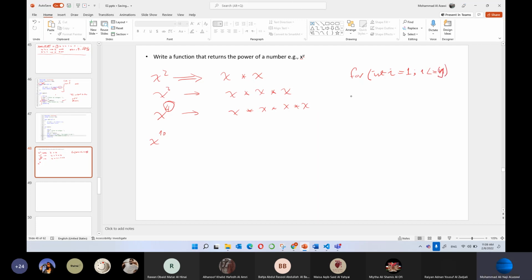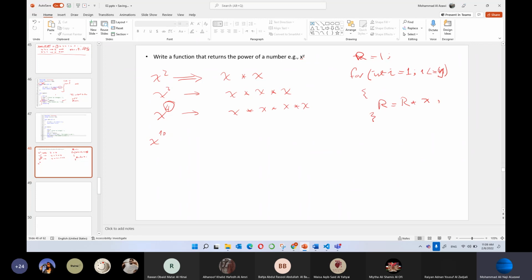Then result r equals 1, and r is equal to r multiplied by x. Why is that? r is equal to 1. Usually we put r equal 0, but here 1